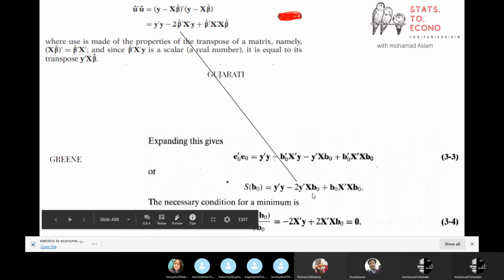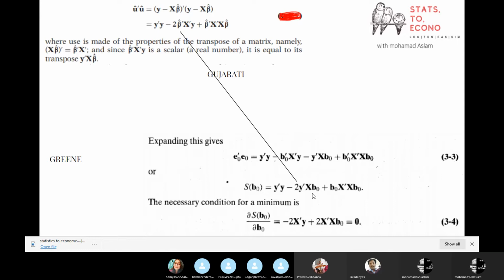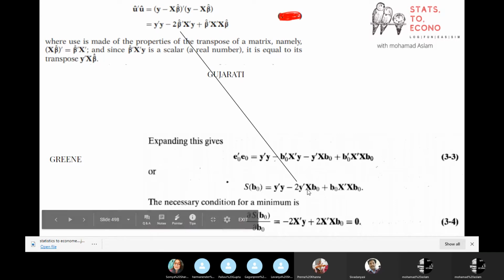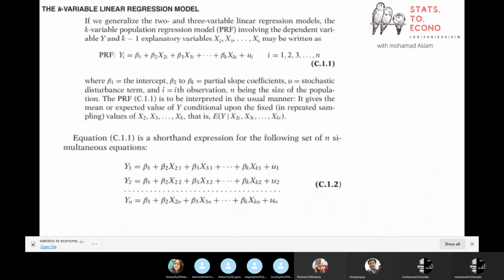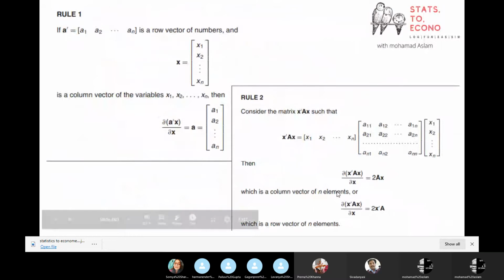now what you need, the column matrix, column vector form or the row vector form. So let's suppose we have to differentiate with respect to this beta hat matrix. So this property I was telling you, this property of this differentiation. Let's suppose we have these particular matrices and we want to differentiate with respect to x. So both the answers are correct, like this first one,